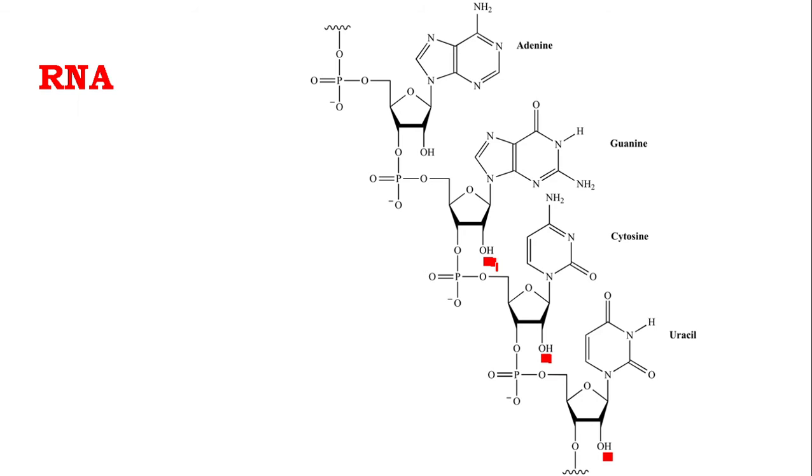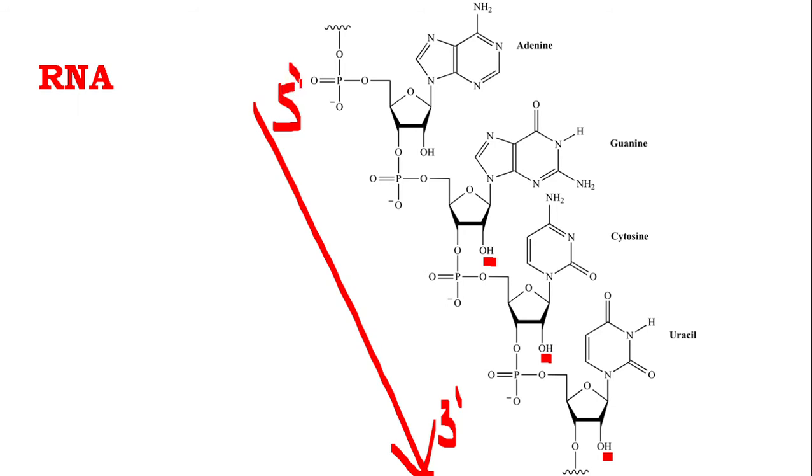Usually this is a single-stranded molecule. Can you find out which is the 5' end and which is the 3' end? This is the direction. Here is 3' and the other end is 5'. But if you see in the textbook, you will see the arrow mark is given in the 5' end only. So when you draw, don't draw this arrow mark. Draw the arrow mark only in the 5' direction.